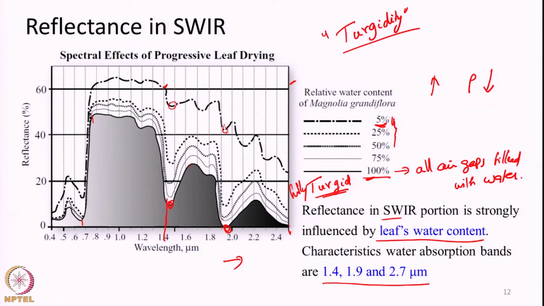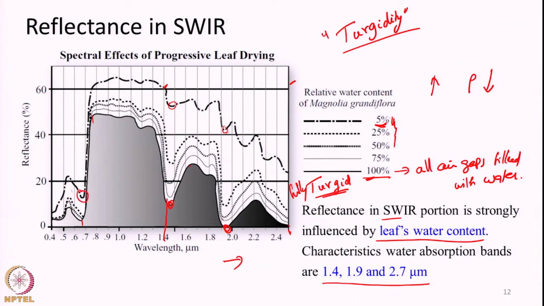You can also see that even at this stage of very low water content, NIR reflectance is pretty high. It will also increase with the drying out of the leaf, but at 5% the vegetation will undergo significant water stress and will not be able to do photosynthesis with full efficiency, and hence